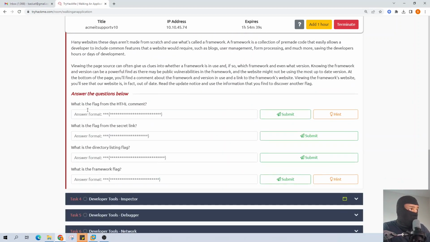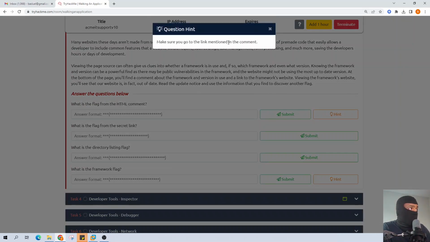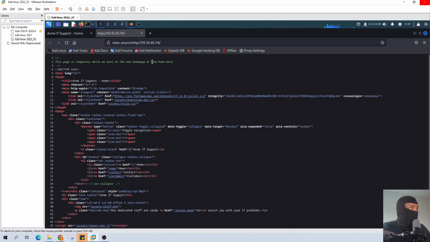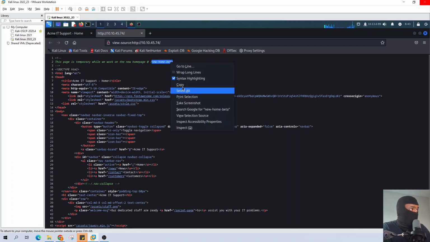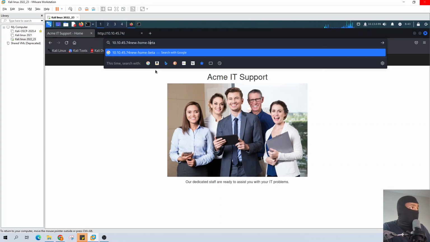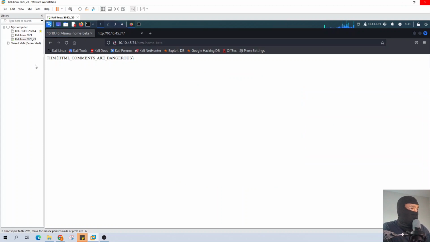TryHackMe. So the first question is, what is the flag from the HTML comment? You don't need to see the hint, but make sure you go to the link mentioned in the comment. Okay, let's go ahead and start that. From the comment, it's telling us to go to /new-home-beta. Go ahead and copy that and paste it here. Forgot the slash, that really matters. And boom, the first flag is the